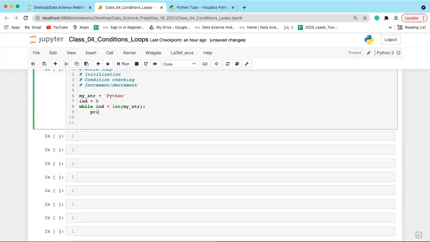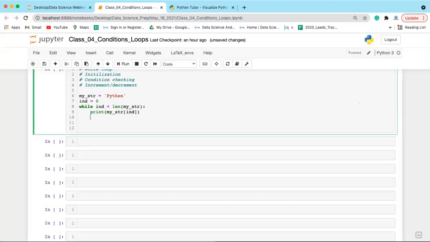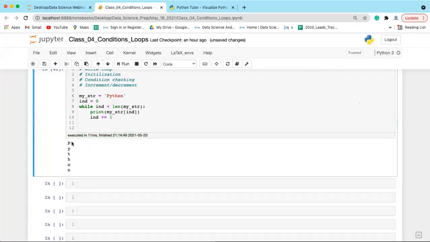In that case, I'll use my_str of ind, and let's increment ind by plus equal to 1. Execute this, you will get Python. Now how this code is executed, let's see that.